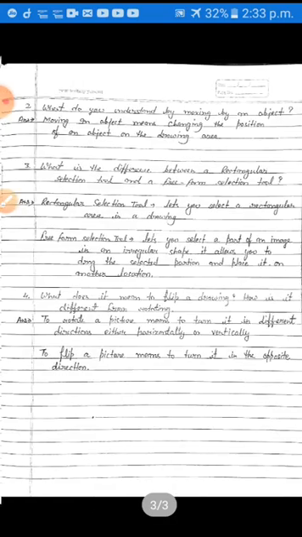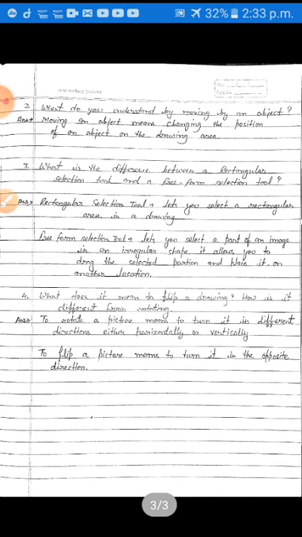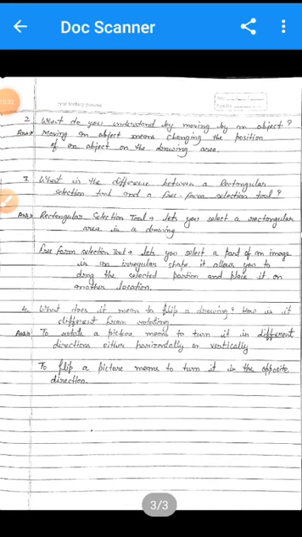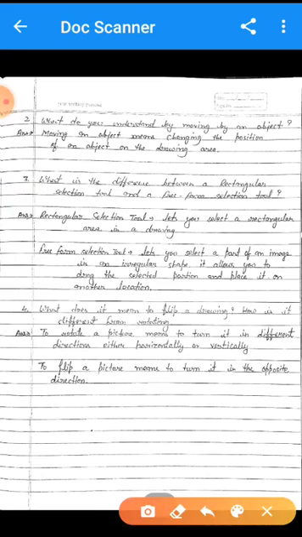Okay, students. Now come to the next question, that is question number 2. Question number 2 is: what do you understand by moving an object?